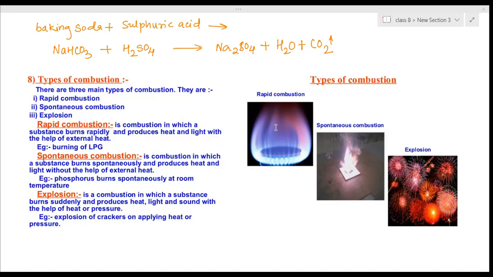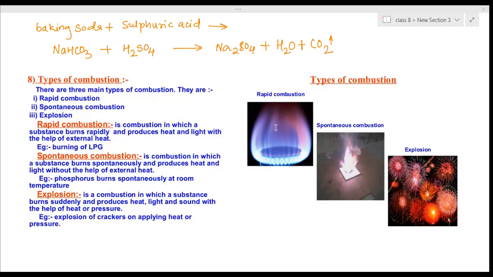Ammonium nitrate started burning in that factory, and it caused the explosion, like someone thought a big earthquake had come. The area within a radius of about 5 kilometers was completely devastated, damaged fully because of that. So whenever, that means explosion means whenever, a type of combustion in which the substance burns suddenly and produces a large amount of sound along with light and heat energy.